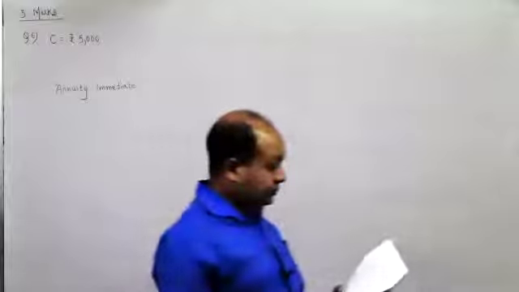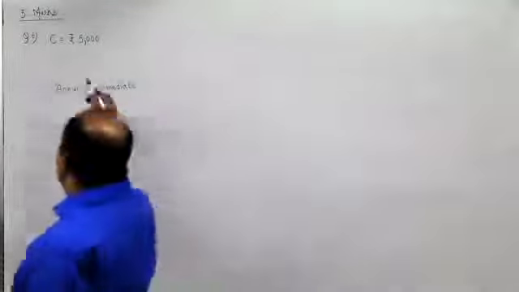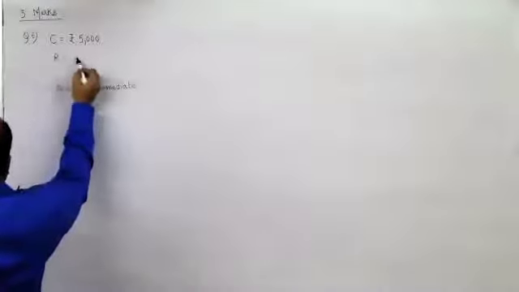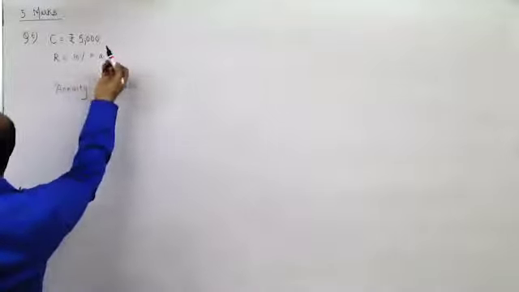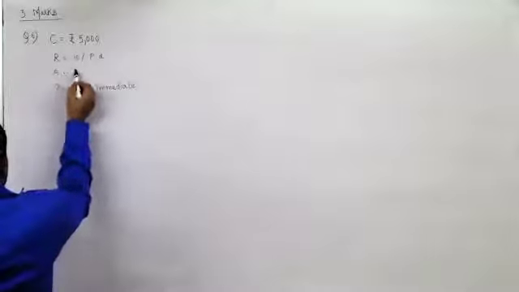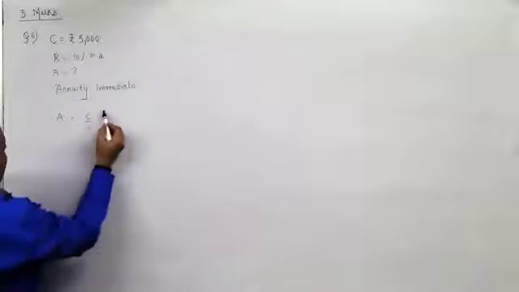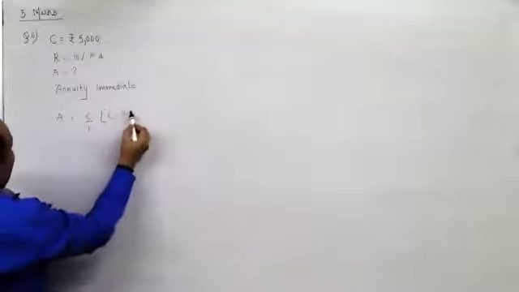Now here, it is compounded at 10% per annum. So R is 10% per annum. It is compounded. They haven't mentioned how many times, so we'll assume it to be yearly. And what is the amount accumulated after every year? So A is C upon I into (1 plus I) raised to n minus 1.